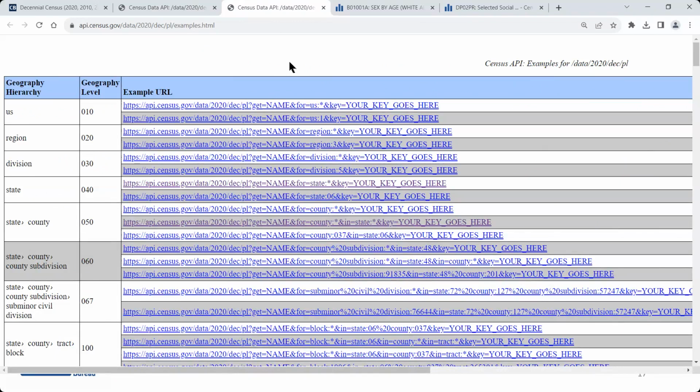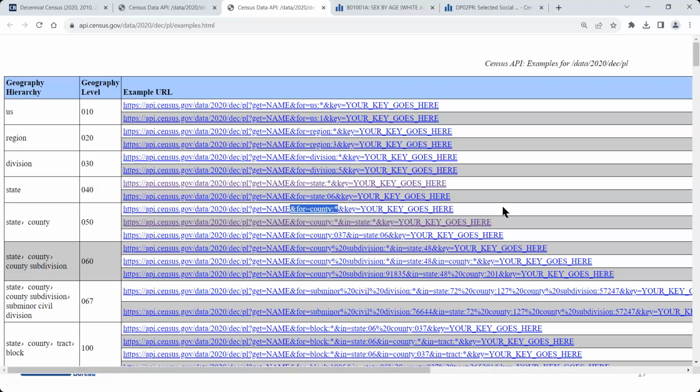And we mentioned we were looking for the total population of all municipios in Puerto Rico. And actually, municipios are going to be found under the county level geography here. So where it says state county at geography level 050, this is where we're going to find the municipio geography. And within this county geography here, we have three different links to choose from. And the only difference between each one of these links is the geography portion. So you can see the geography portion here is this ampersand for equals. In this case, I've highlighted the county.